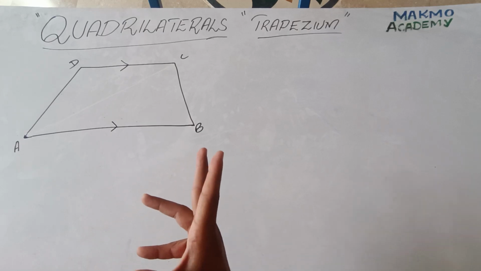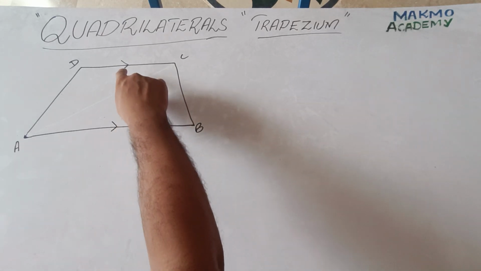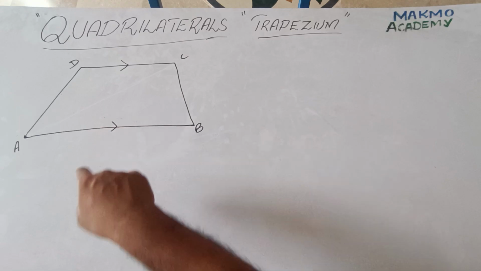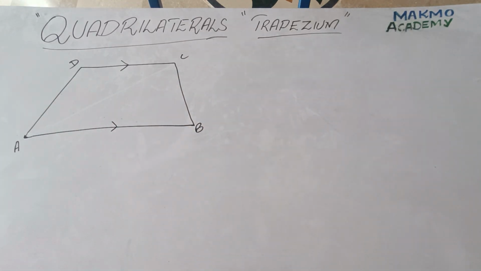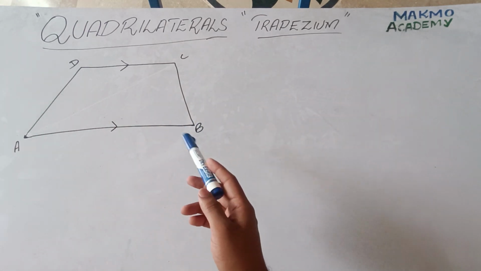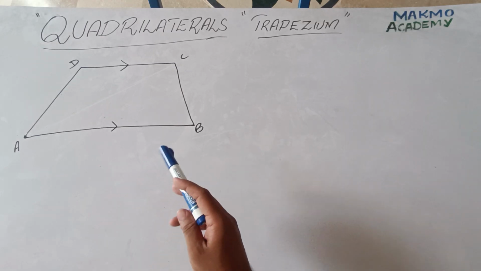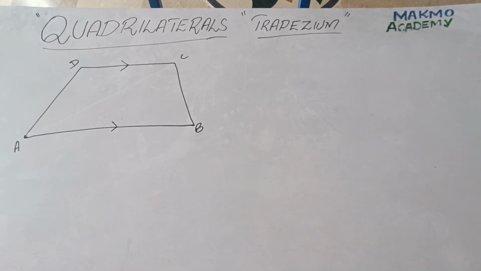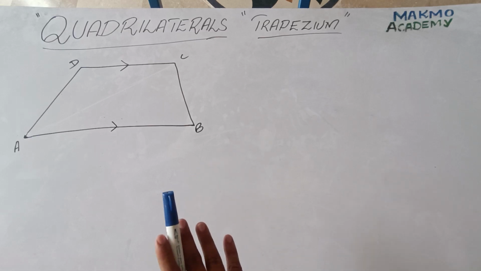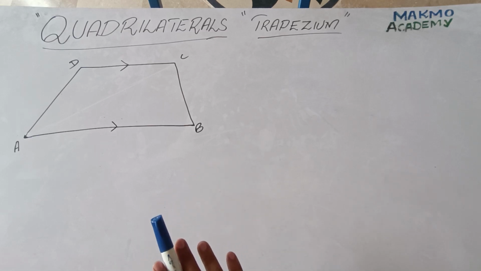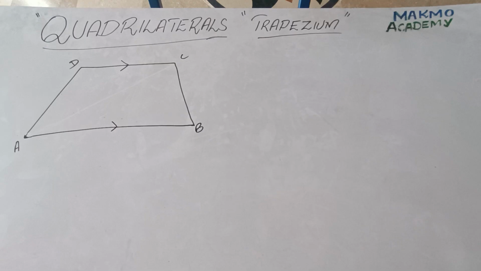So, how to know which pair is parallel? There would be a demarcation of these two arrows. So it means that line AB is parallel to line CD. And BC and AD are not parallel with each other, as you can very clearly see that these two lines are not parallel. Other than this, there is no other property, unlike a parallelogram, which can be applicable in this figure.